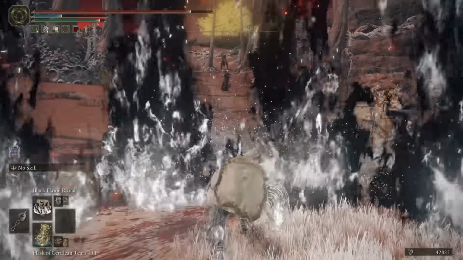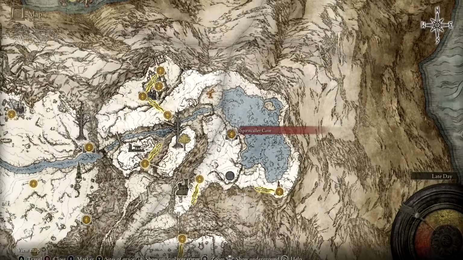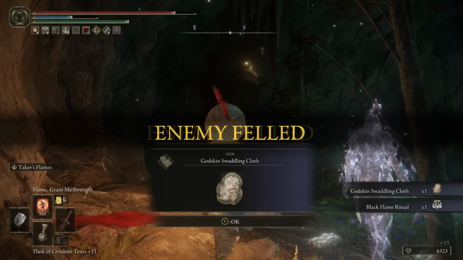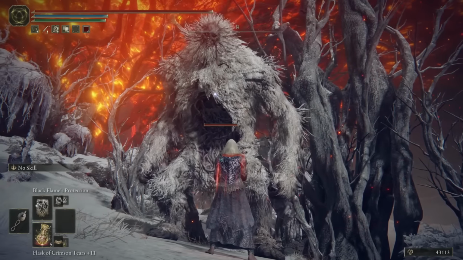To acquire it for yourself, you will need to defeat the Godskin bosses at the end of the Spirit Caller Cave, which you can find along the western wall of the frozen lake in the mountaintop of the giants, opened by stone sword keys. And then finally today is Black Flame's Protection, which is a personal buff rather than a